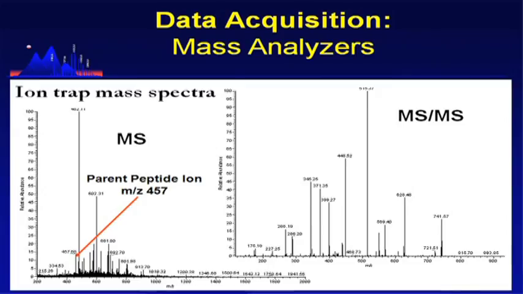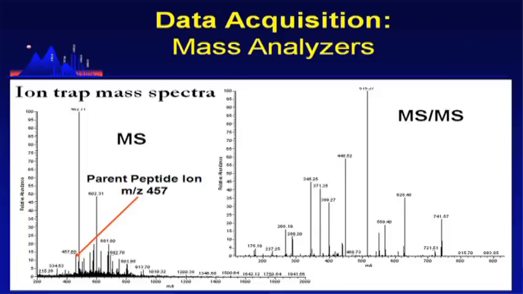Okay, so this is an example of a spectrum from an ion trap. So here was the MS scan. All these peaks are different peptides in our sample. We isolated this small peptide in our trap, and we fragmented it, and then this was the resulting MS-MS fragmentation pattern. Then, the next time, it might refill the trap and isolate this one, and collect an MS-MS, and then isolate this one and collect an MS-MS. So this is happening so fast,